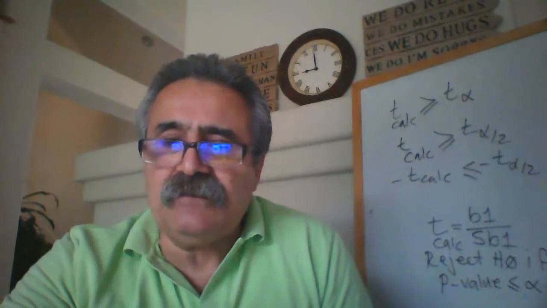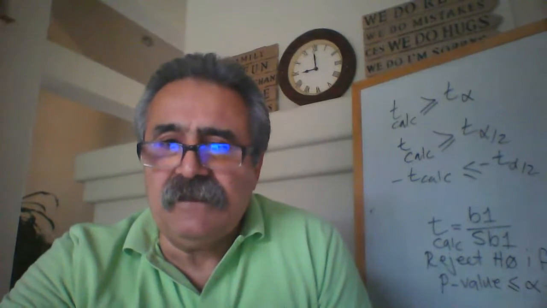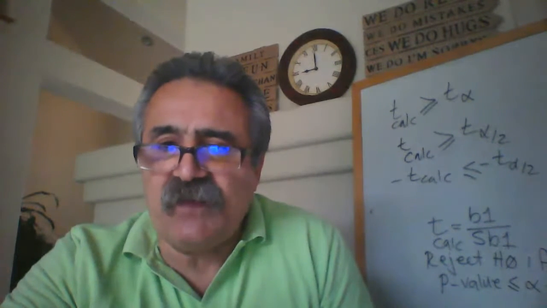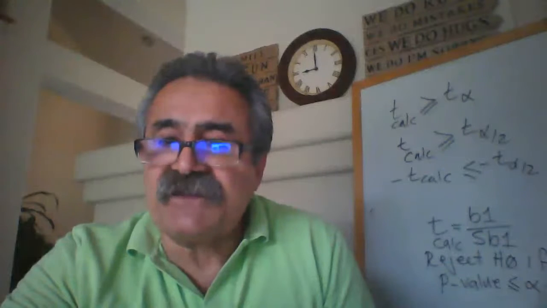HA states that beta 1 is not equal to 0. The level of significance is 0.05. Step number 3, select a test statistic. T is equal to B1 divided by SB1. And then step number 4, decide whether to accept or reject